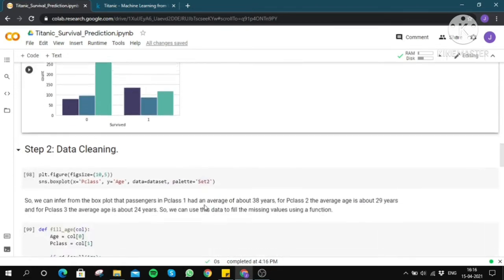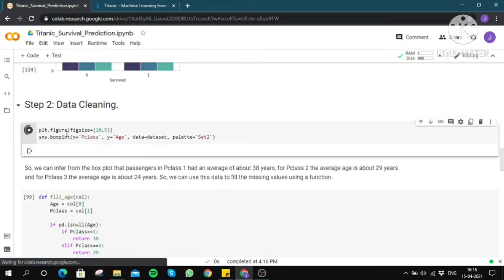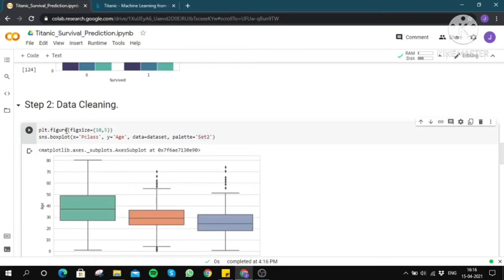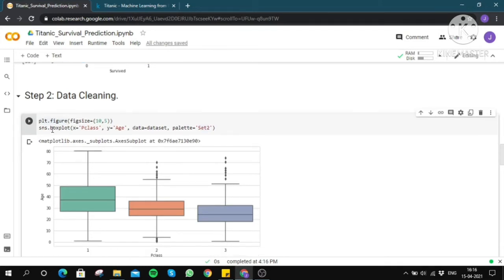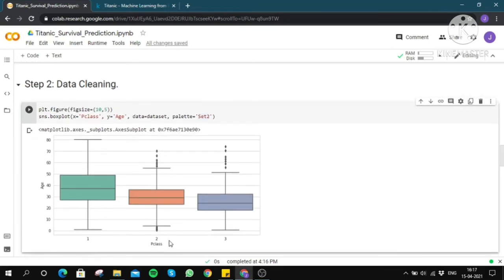Now let us look at the trend of age with respect to the passenger class. Using plt.figure, which is a matplotlib function, we will keep a customized size of the figure, and using sns.boxplot, I will be plotting a box plot with passenger class on the x-axis and age on the y-axis.